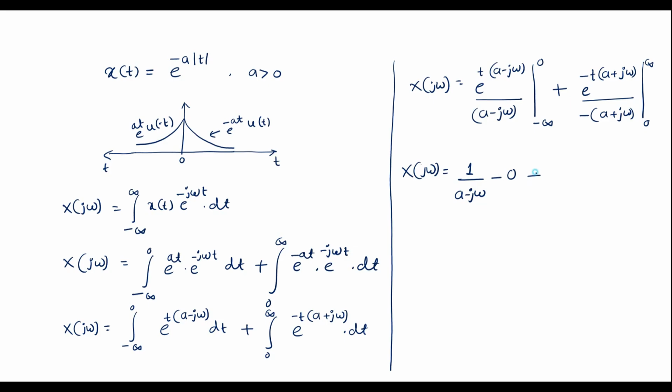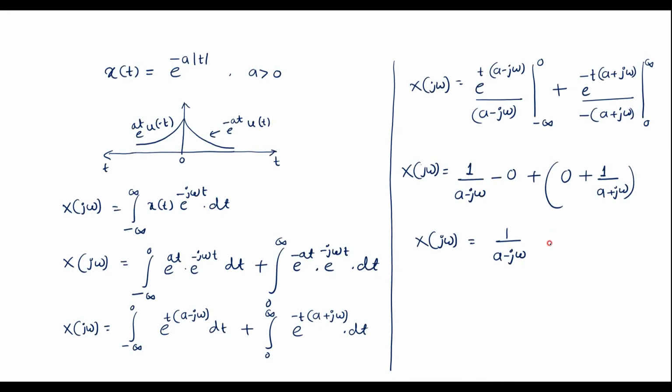Similarly, in the second term, substituting t equal to infinity, e^(-infinity) will be 0. Now minus into minus becomes plus, so substituting t equal to 0, it will be 1 divided by (a+jω). So X(jω) is equal to 1 over (a-jω)